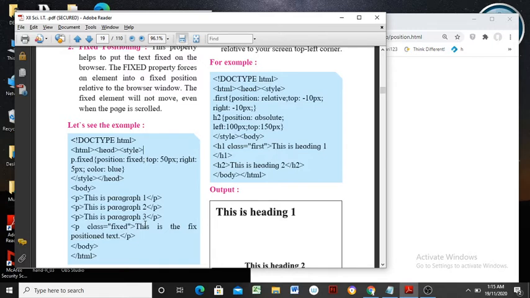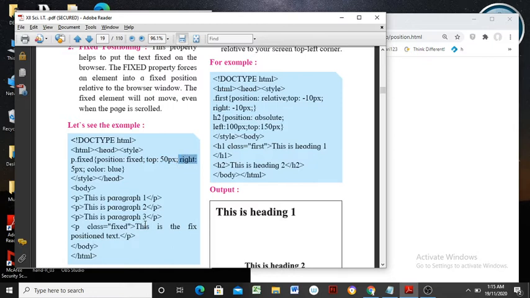See here, within such a page a style is defined like this: p dot fixed. Within curly brackets they have given position colon fixed, meaning whatever the location, leaving a space of some pixels, it is fixed. Then they have given top 50 pixel, meaning leaving a space of 50 pixels on the top side.